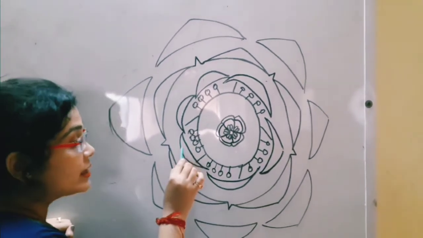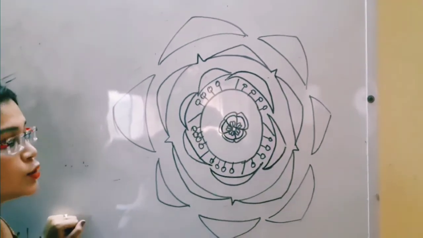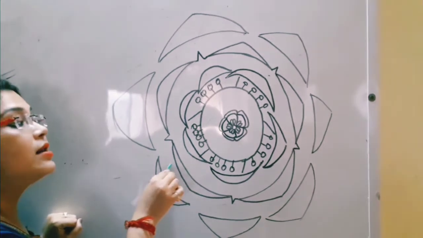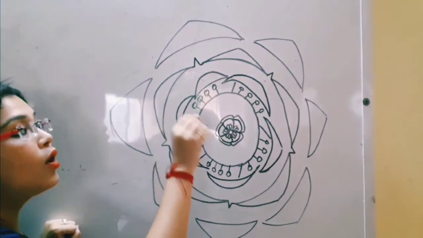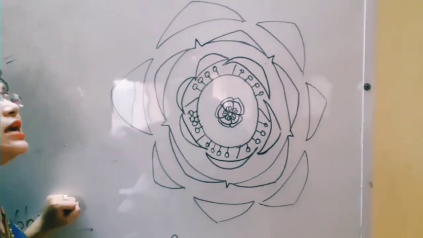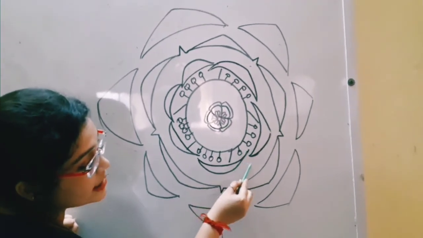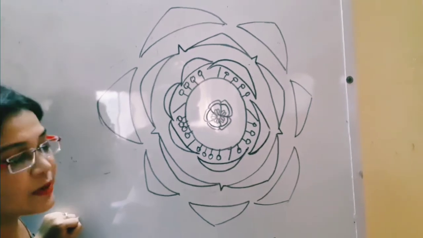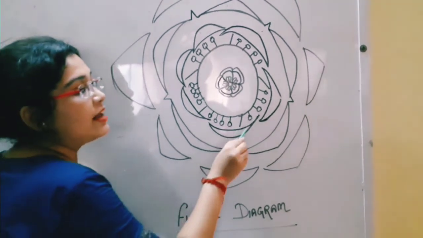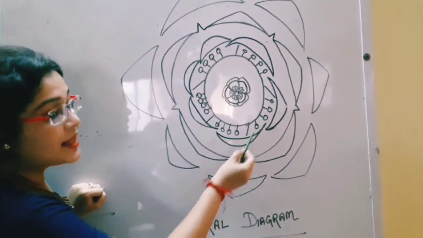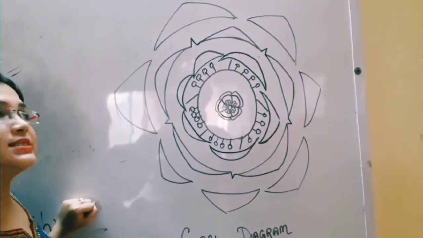And this is the corolla. Is this one a petal? Petal number 2, petal number 3, 4, 5. These are all the petals. So how many petals are there? Five petals should be there. And look, they are arranged in a cross-section manner. This kind of arrangement is known as twisted aestivation. Actually, the arrangement of petals is known as aestivation, and the margins are overlapping. Look, the margin is overlapping. They are known as twisted aestivation.